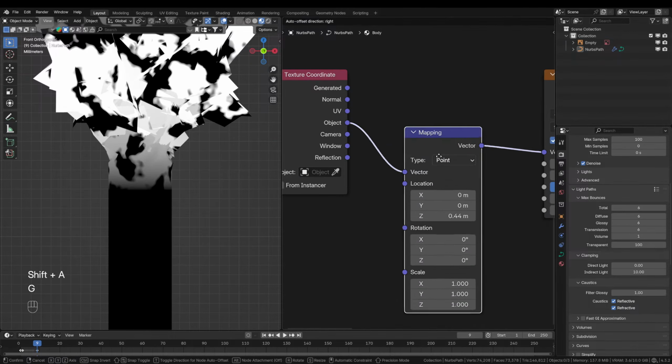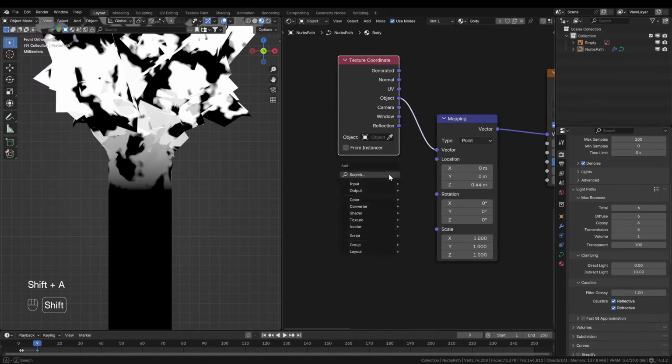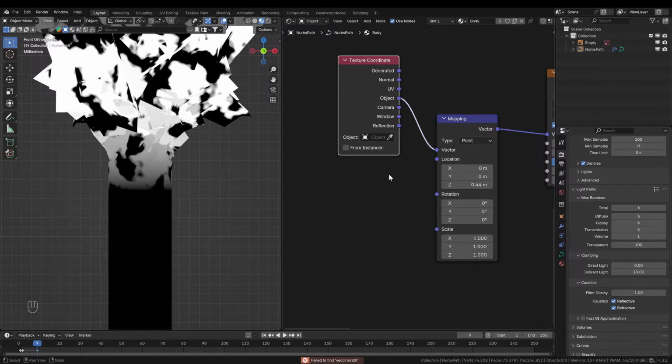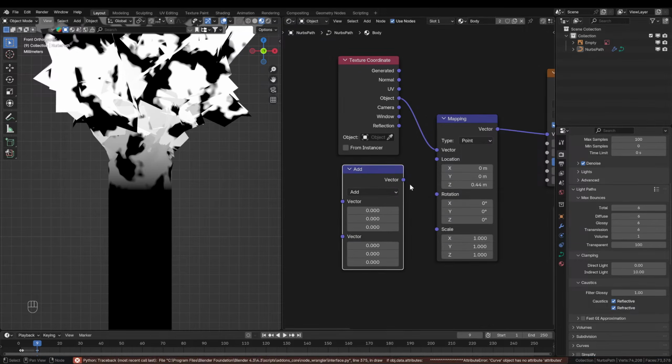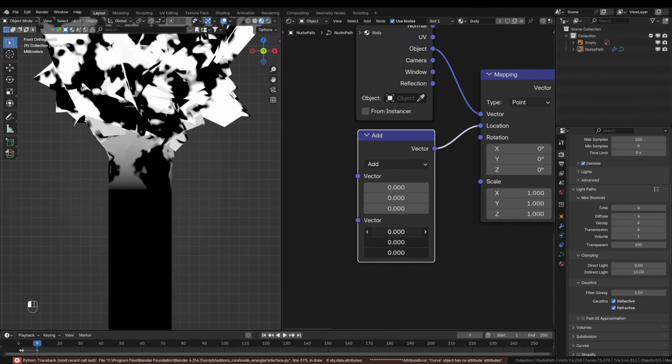Here, my standard tip: if it's too sensitive, a slider in Blender, then I use a vector math or a math node. Then I put one slider to a very tiny value, 0.00001, put it to multiply, and then you can just